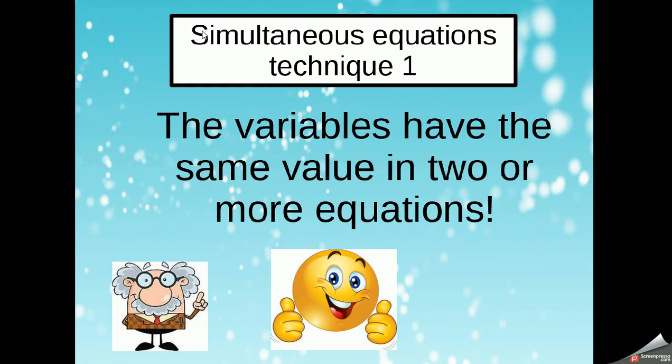It's two equations that have two different variables in them, so they might both contain x and y, but those variables are the same value in the first equation and the second equation. For instance, I might have x plus y equals 1 in the first one and 2x equals 3 minus y in the second one, but I know that the x's are of the same value and the y's are the same value. And when we've got a situation like this, we can actually work out the values of x and y using